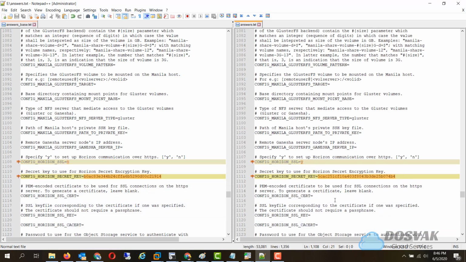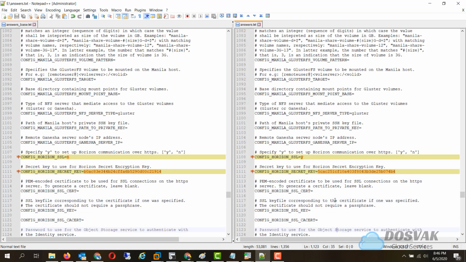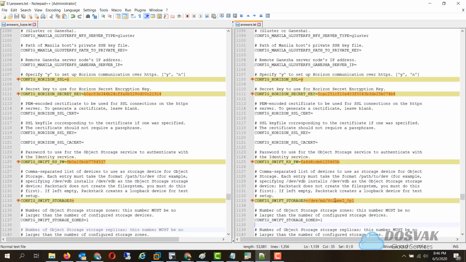Horizon SSL, we want to enable SSL in Horizon. Okay, this is important. The Swift storage. Remember, we created two partitions on dev SDB, one for block storage and one for object storage.